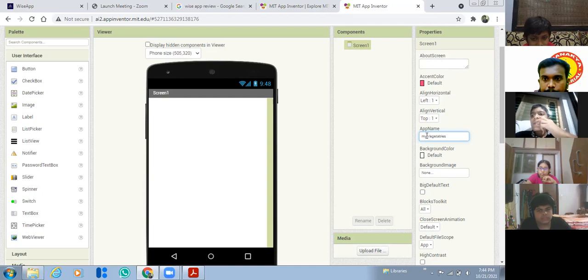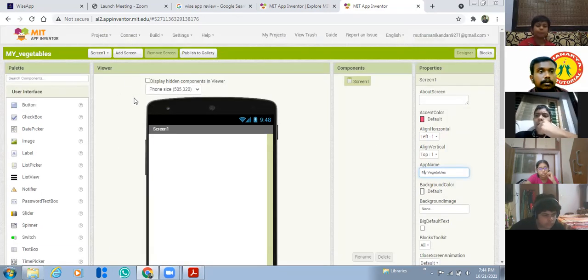This app name only will be shown on your mobile. But the project name you can't change. The project name is what will be stored in your account in MIT App Inventor.